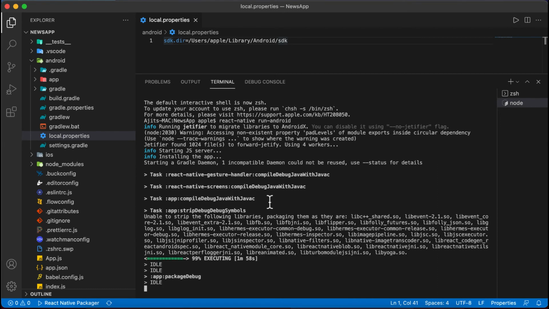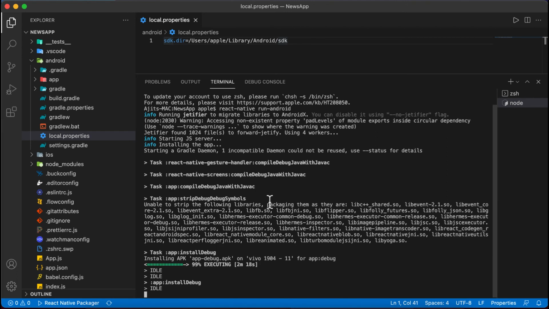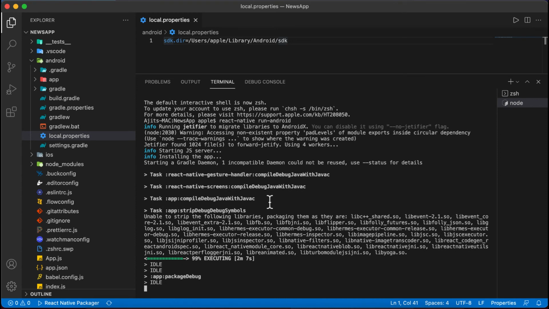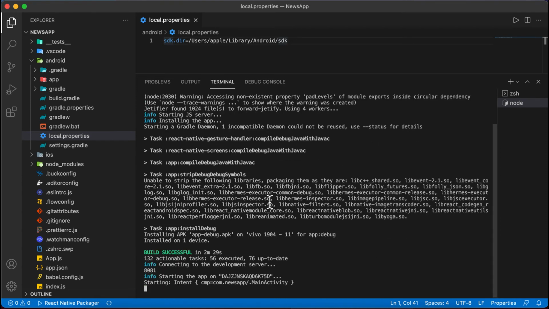The build will fail. Same in case of SDK setup, the build will also fail. So our project is successfully built and it ran on my device.